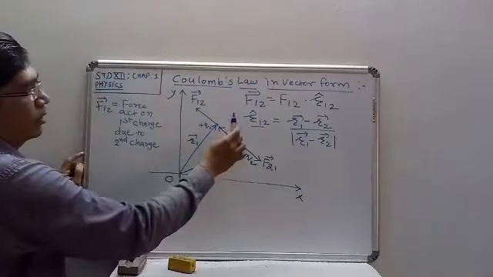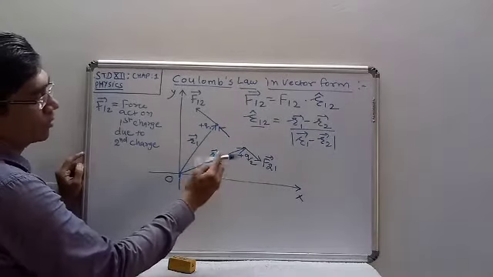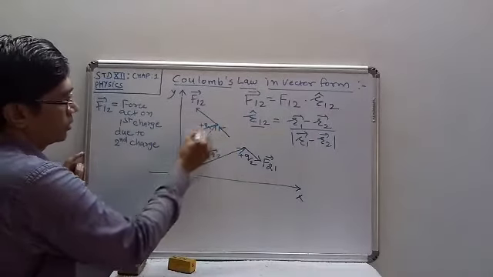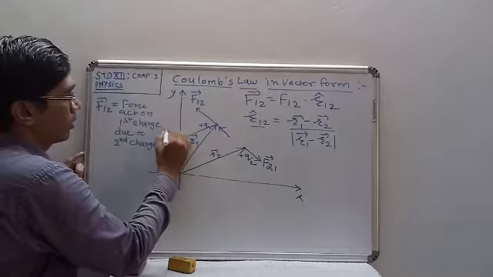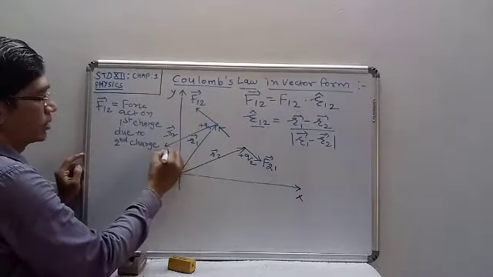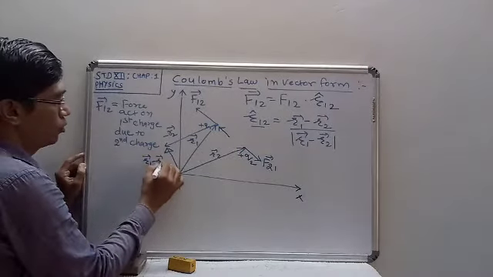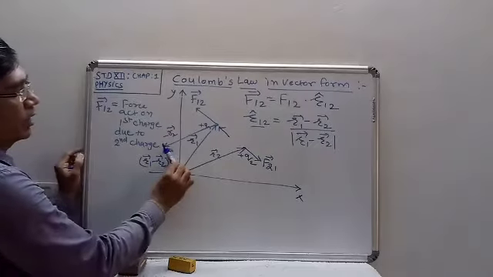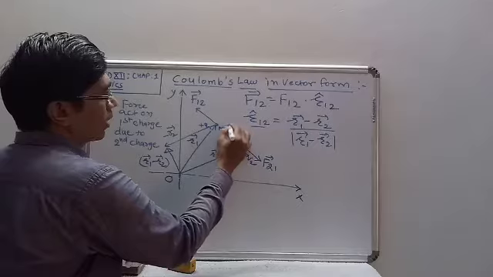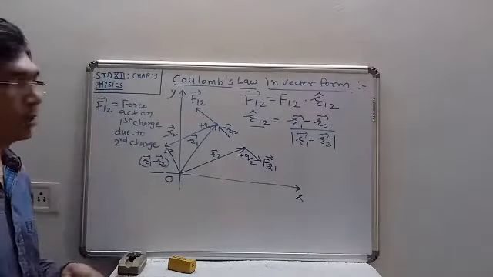So here R1 minus R2 we are taking; this is R1, here is R2. If you take the opposite vector of R2, then it is like this. So here we are taking minus R2. R1 plus minus R2, the direction is this. So this is the direction of R1 minus R2. From this we can take the unit vector R12, equal to R1 minus R2 upon magnitude R1 minus R2.